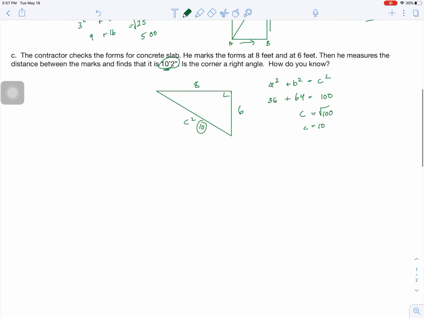So is the corner a right angle? No. The Pythagorean theorem says that the length should be 10 feet. I'm going to go back to number